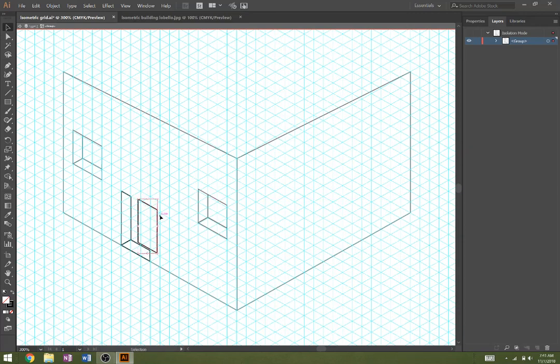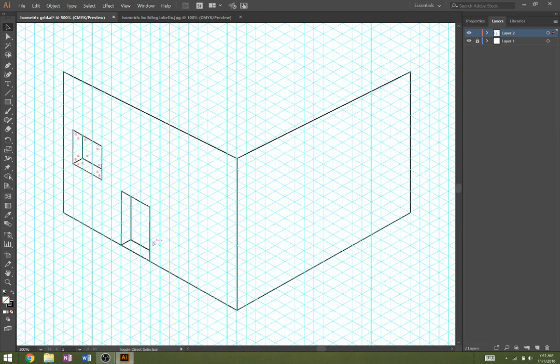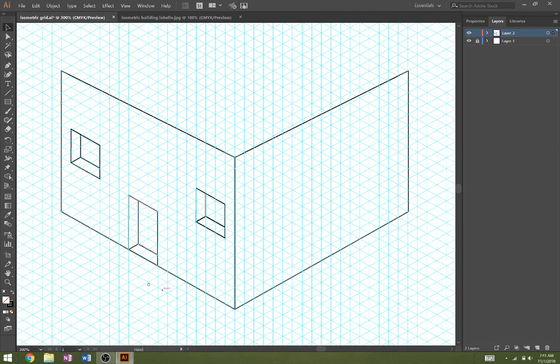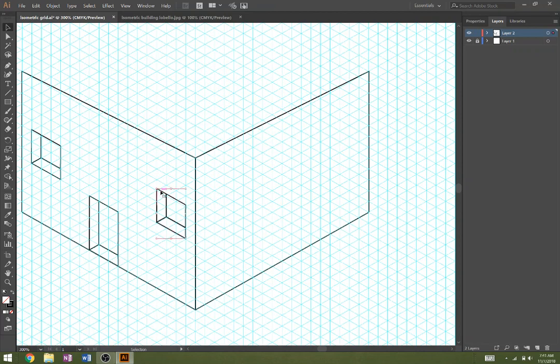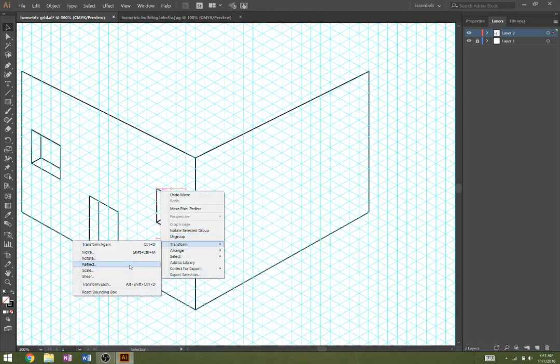So you can just move this wherever you want. Once again, I'm going to probably group this first. I'll just drag this over here. One. All right, yeah, that'll do. So what we'll do is we'll grab this, and we'll right-click on it, transform, and reflect, and